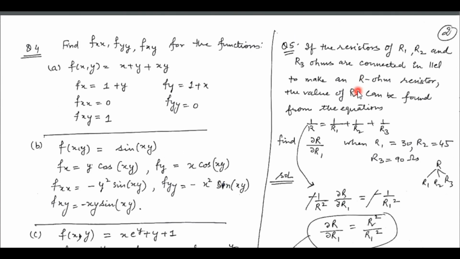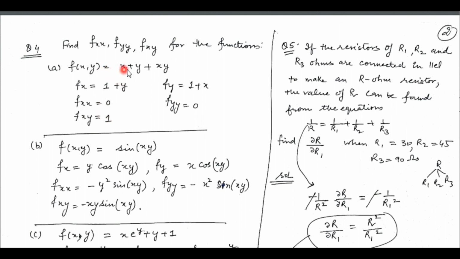In question number 4, we have to find out second order partial derivatives of these functions. Now here the function is x plus y plus xy. When we find its partial derivative with respect to x, we have to treat y to be constant. So this comes out to be 1. Its derivative is 0 plus y. Again with respect to x, since there is no term in x, y is also constant. So its derivative with respect to x will be 0. But its derivative with respect to y will be 1.